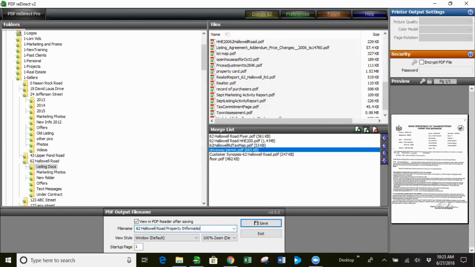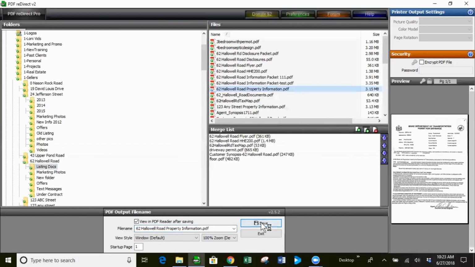And I do that because when I am sending this to people, I want the attachment to be labeled exactly what it is so they know what they're opening. People are a little bit afraid right now of opening attachments, as you know. So make sure they're labeled for what they are. This probably already exists in this file, but I'm going to click Save, and it's going to save it into the same file from whence it came,